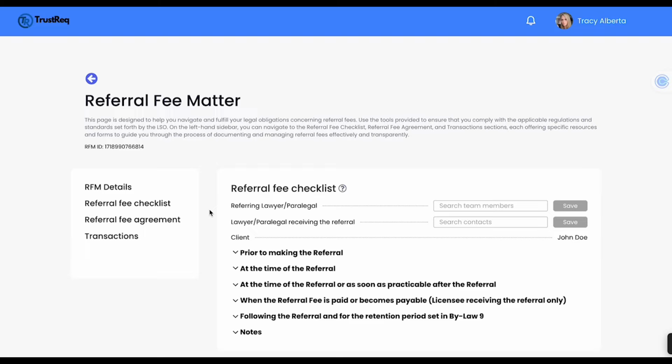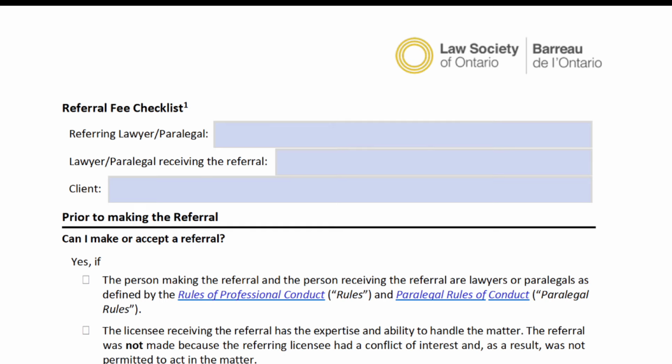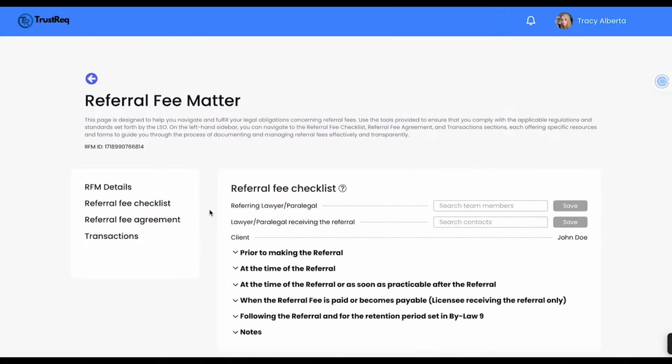If you aren't entirely familiar with the anatomy of the LSO's standard checklist, we'll walk you through that now. Although the document mostly speaks for itself, this part of the tutorial will serve as a useful guide for articling students, new lawyers, or lawyers who haven't had a need to use the checklist before. You'll notice that your online checklist closely mirrors the content, style, and formatting of the LSO's PDF checklist. Consequently, you can start by identifying the licensee referring the client, the licensee receiving the client, and the client, just as you normally would. The checklist contains 6 parts, each containing one or more questions that must be considered.